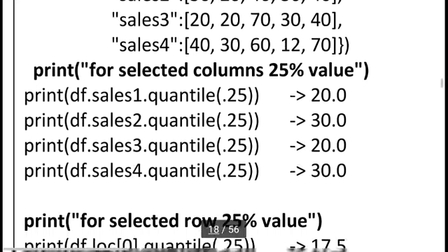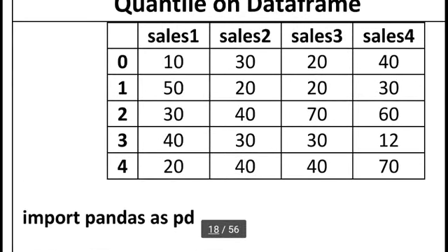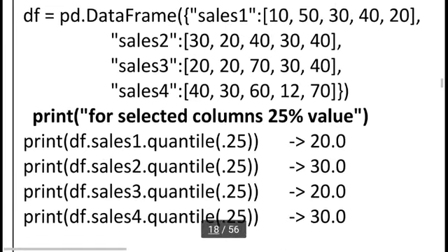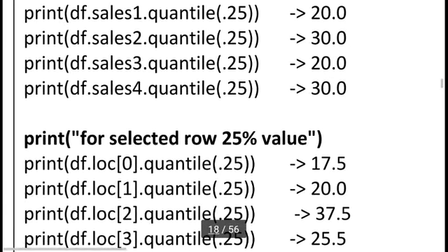But if you want to see a selected row, here I was using a selected column. For this purpose, you know very well, to select a row in a data frame we can use the df.loc method. Here I am using df.loc[0].